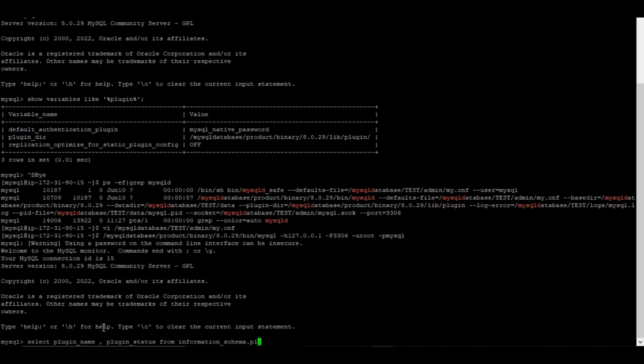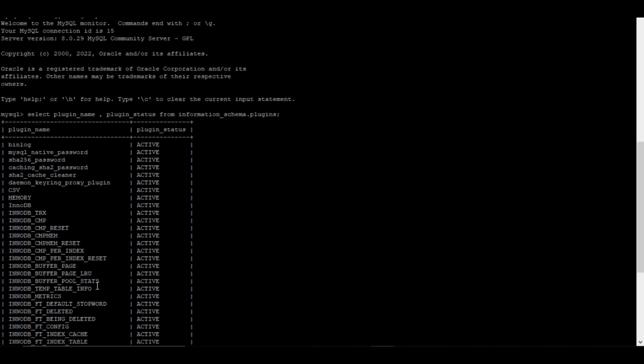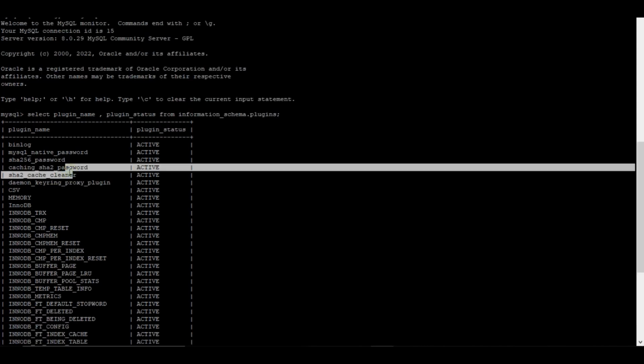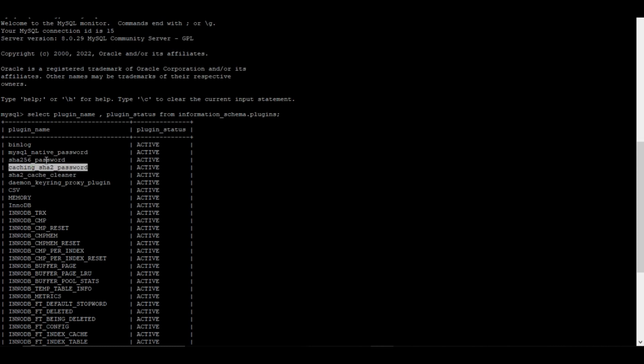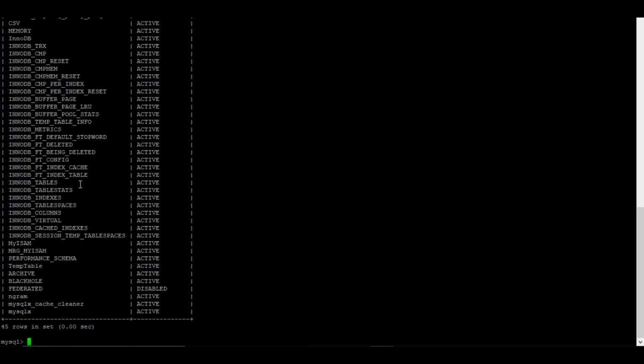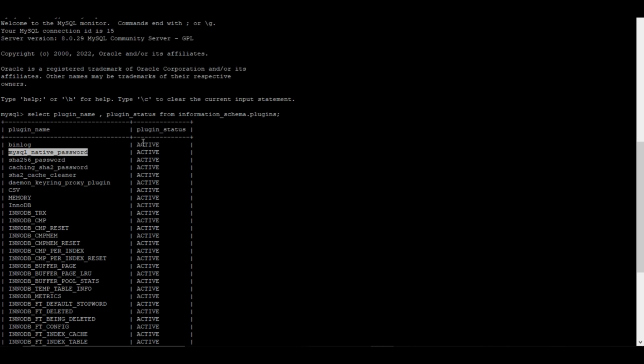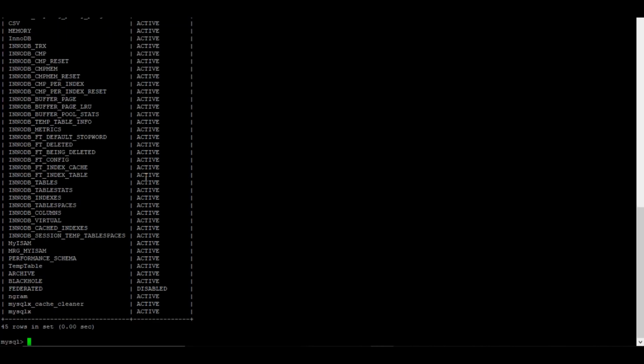Dot plugin. So these are caching_sha2_password and mysql_native_password. These are the password plugins available, and you can see the status also from here, plugin status. Now if I create a user right now, let's say create user,